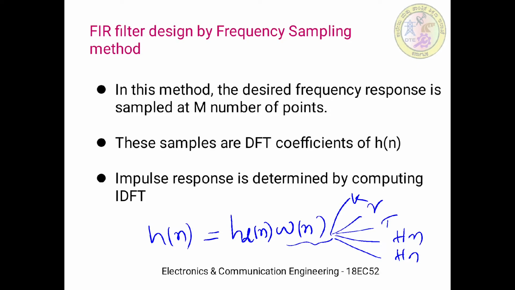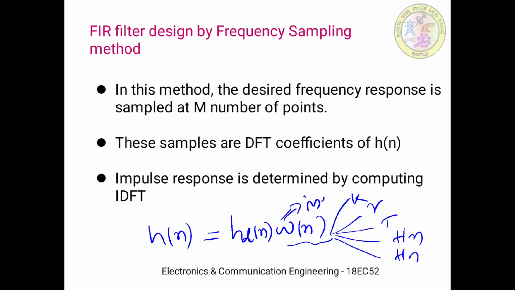So the multiplication used to give the truncation of hd(n), and the window function used to specify even the number of points also. Therefore h(n) was computed as a product of hd(n) and the corresponding window function w(n). So the M of the window function used to decide how many samples we are taking. But in the frequency sampling method, as the title indicates, a sampling procedure is